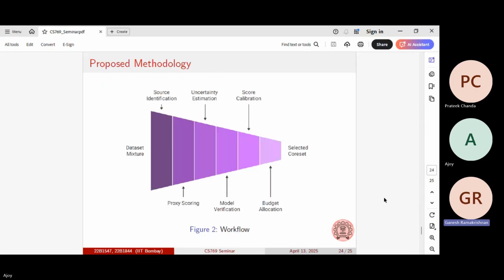So with the supervision, sorry, what is supervision? See, this supervision is an aspect of whether the sources are there. How would you do that? So we will, based on the temperature of the model we are using,